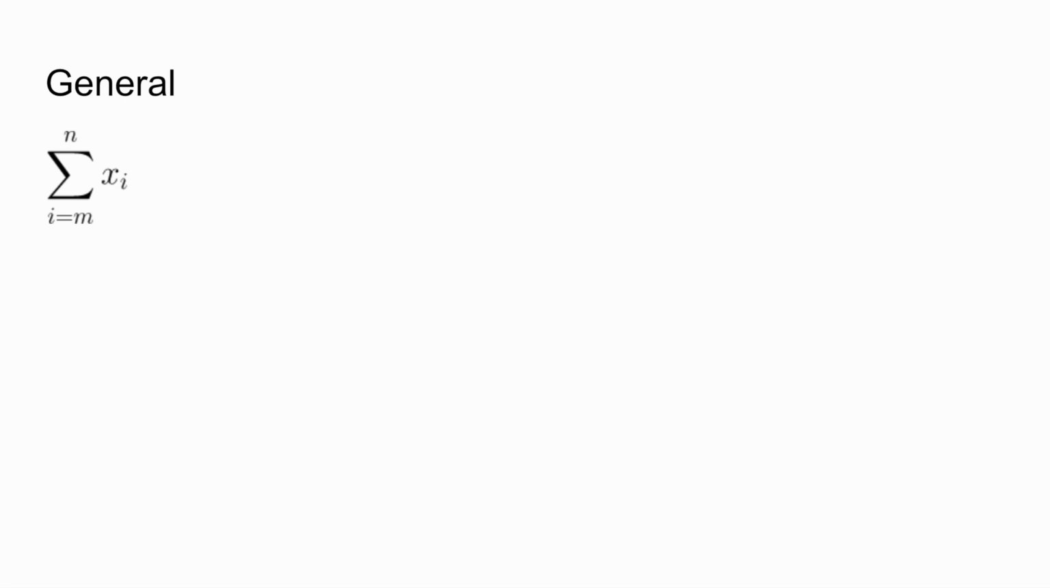And what this is equal to is x of m plus x of m plus 1, and you keep adding 1 until you get to x of n, and you include both the m and nth terms of x. And this might seem kind of weird with m and n and x of i just being unknowns. So